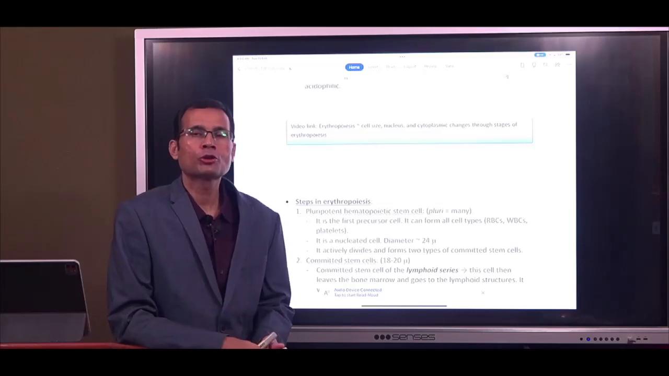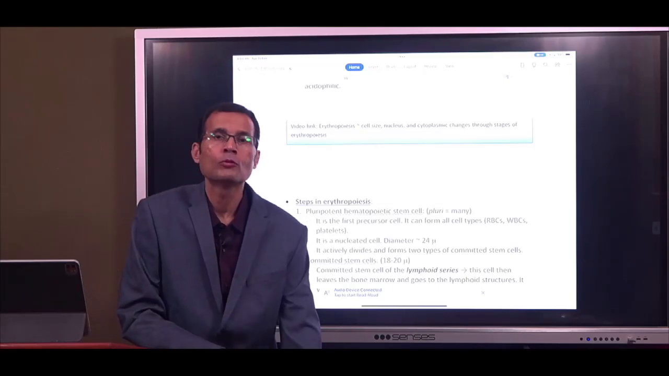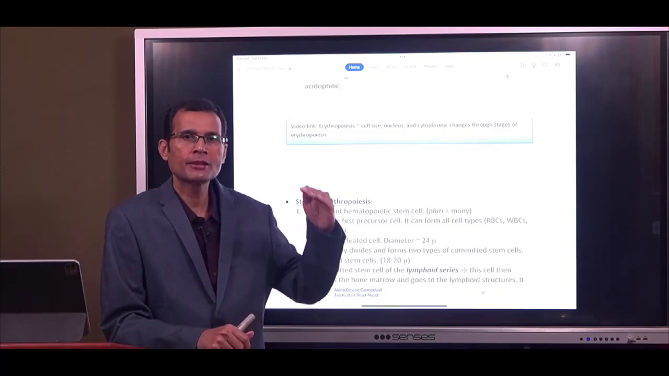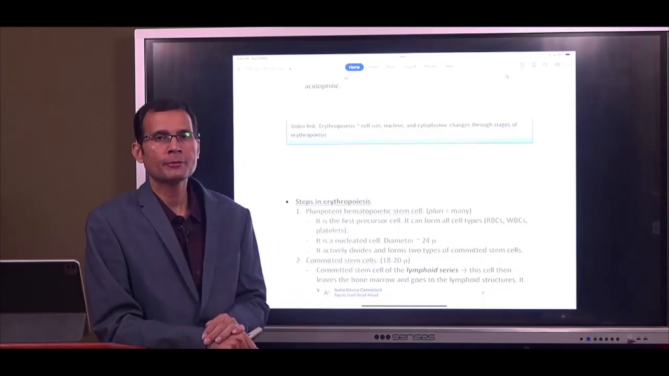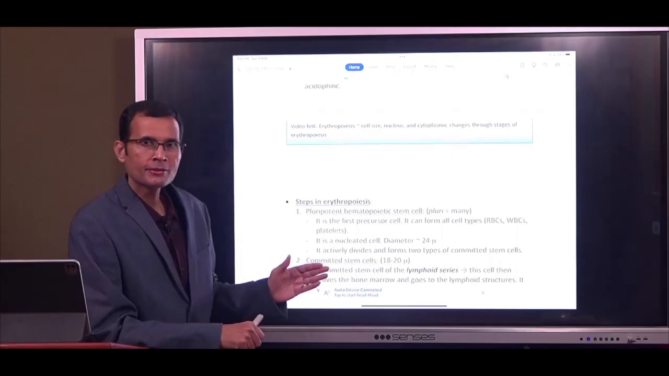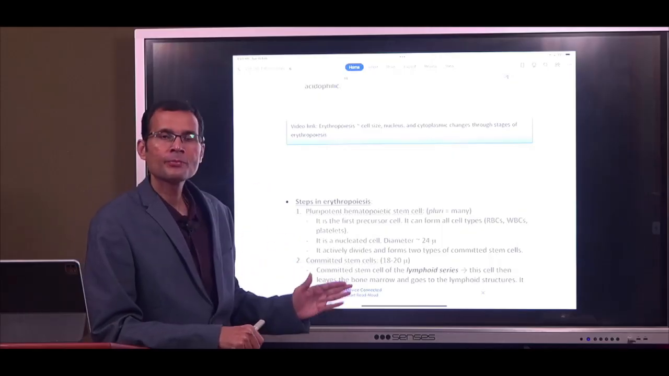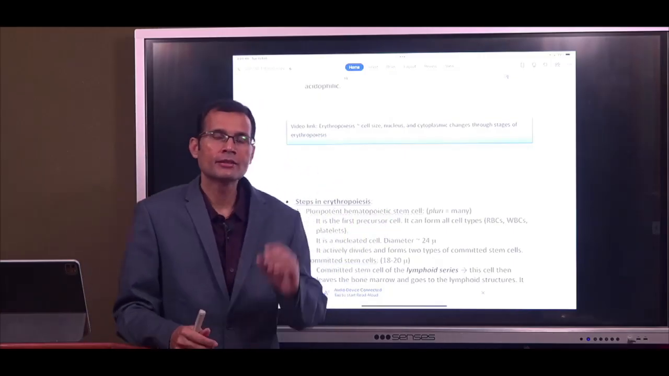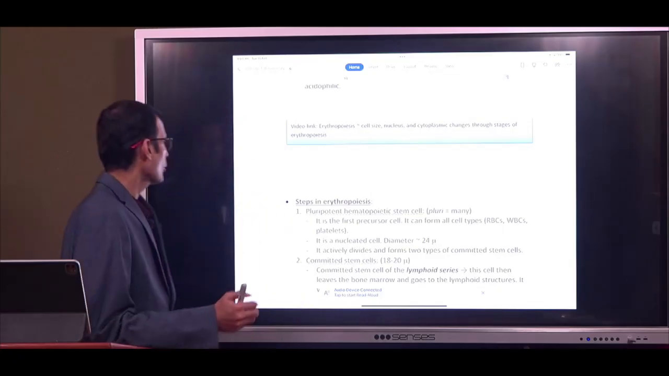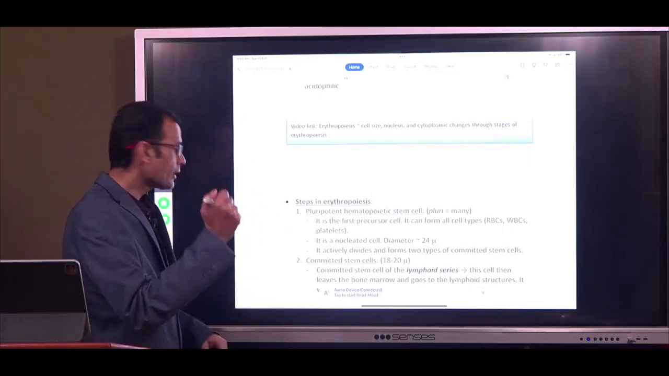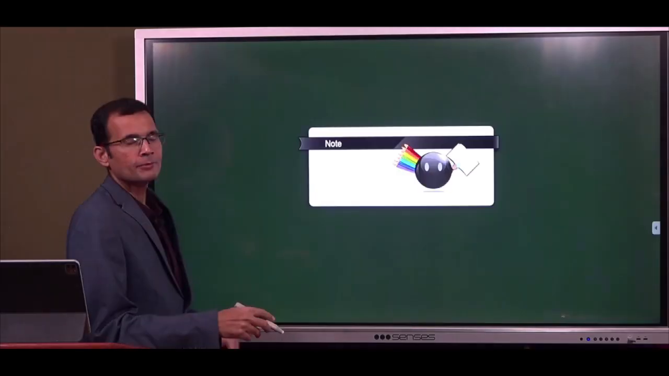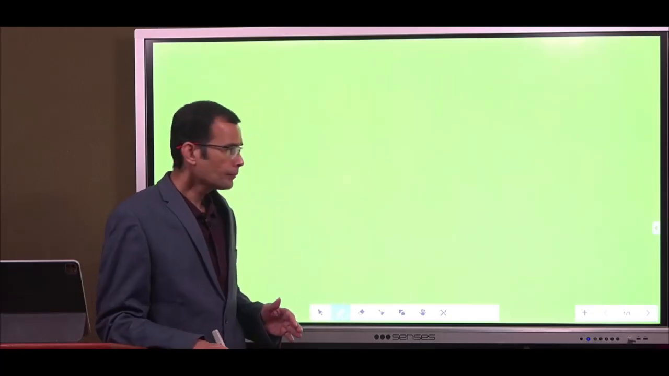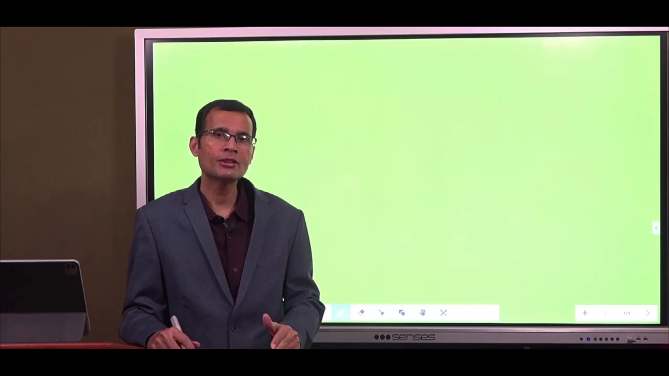If you talk about erythropoiesis, there are 3 points, 3 headings under which the steps in erythropoiesis should be described: the cell size, the nucleus, and the cytoplasm. Let's try to understand this. Cell size. Look, the most precursor cell, the pluripotent stem cell, is 24 microns in diameter, but a matured RBC is only 8